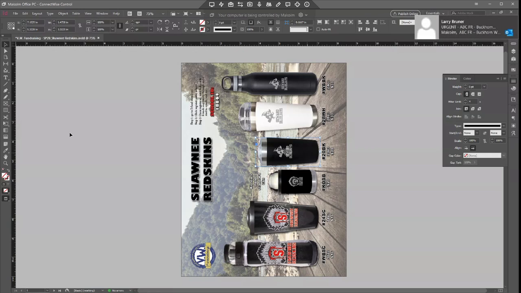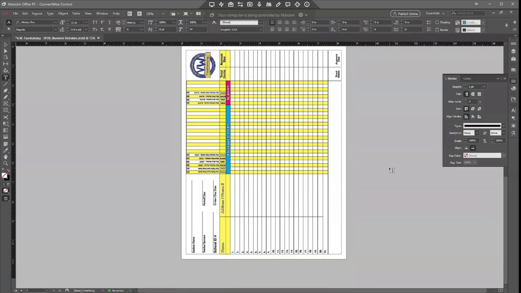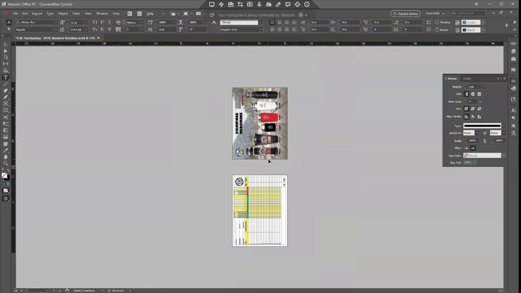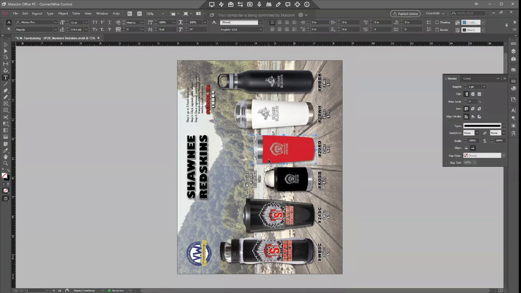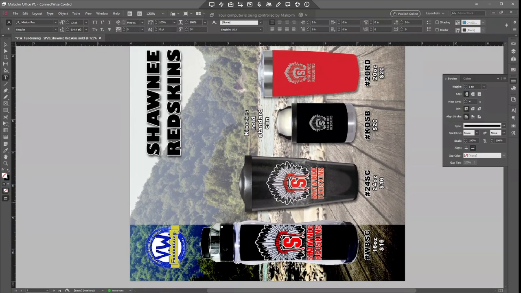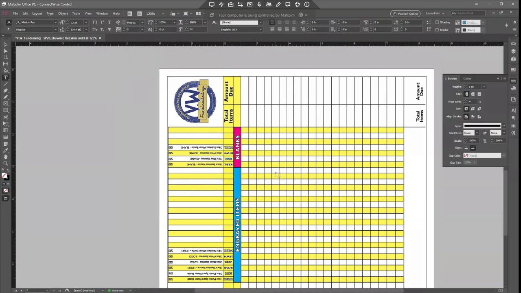So while we're on this one, we need to change this to RD, and we also need to go to the brochure order form. And we're going to make sure that it's red. So on the blanks, I think,